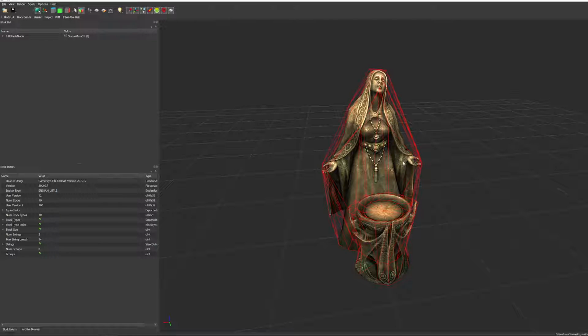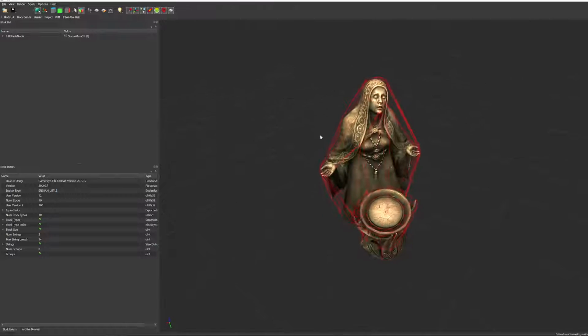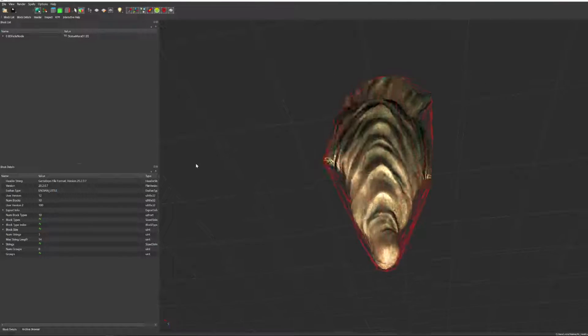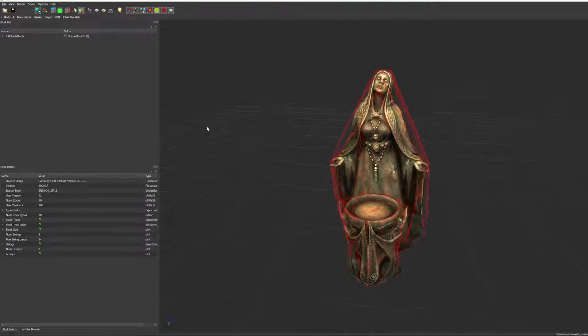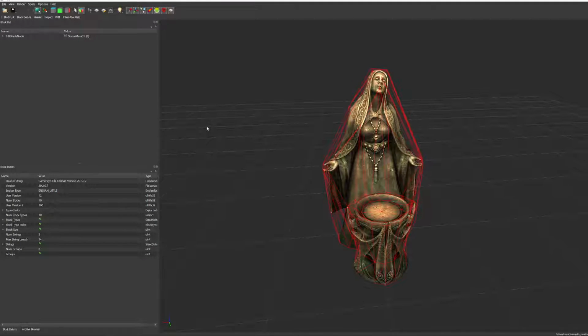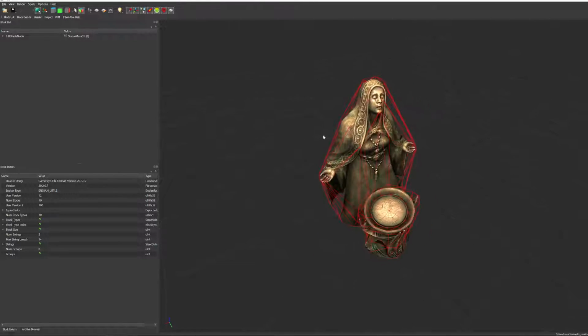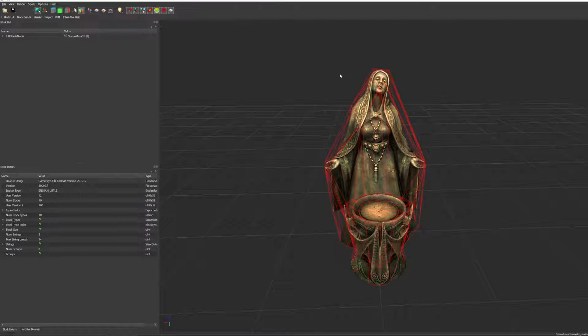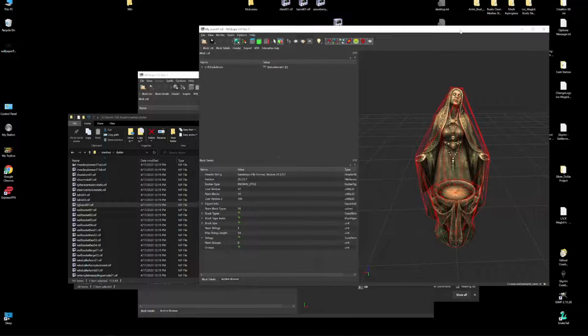Well, that is one thing that NifScope does not do, is add collision to your NIFs. And I'll show you what I mean in a minute. I have another tutorial about adding collision to NIFs, which I'll leave in the description also. But that's not going to be the focus of this tutorial because it'll be way too long. So let's get into it.